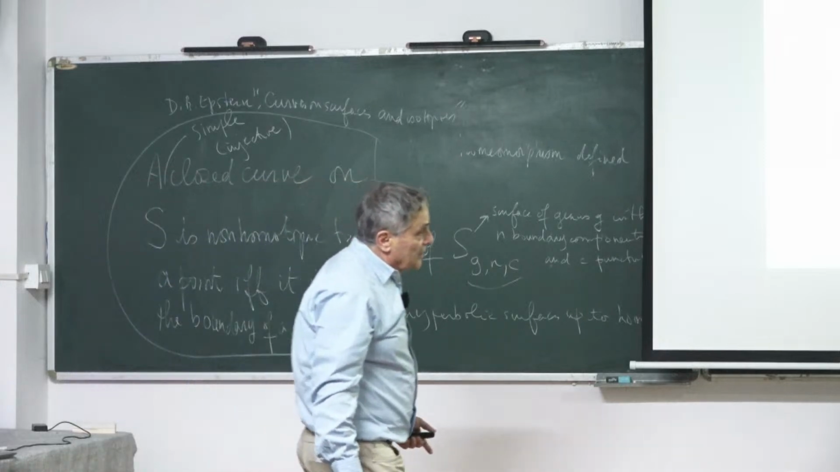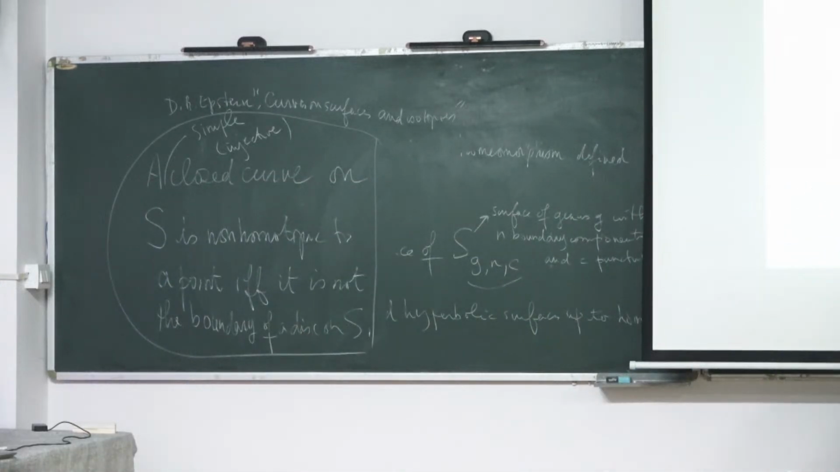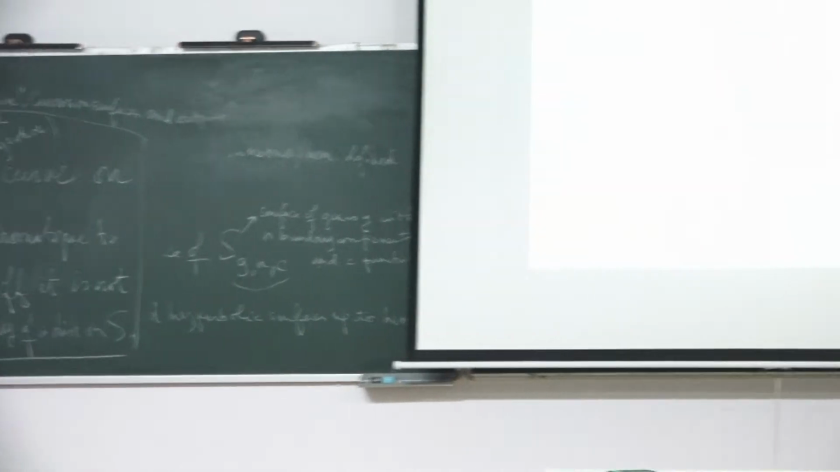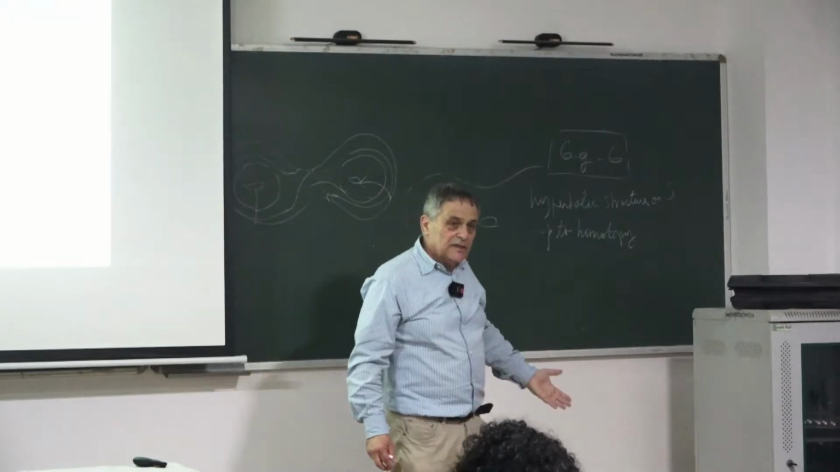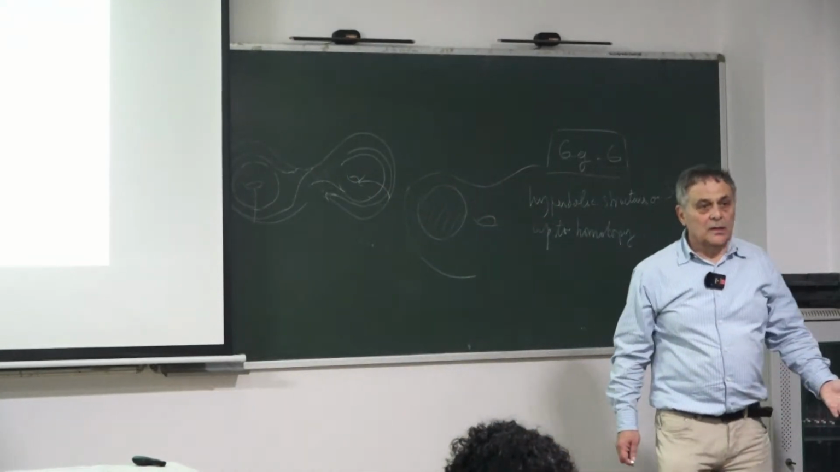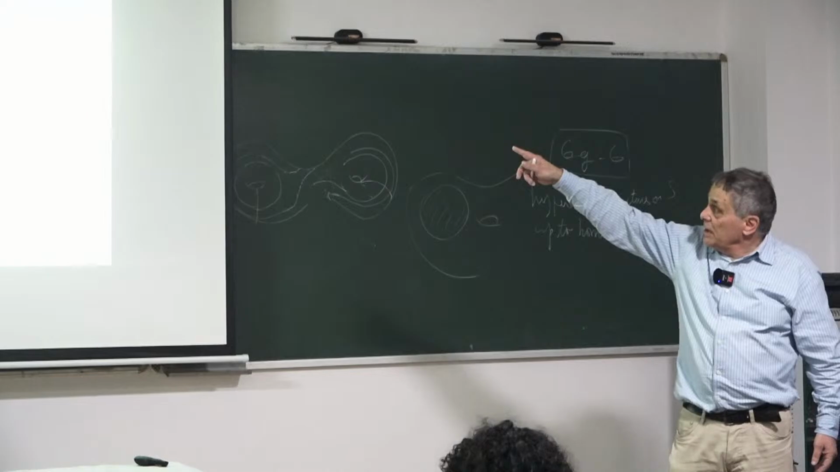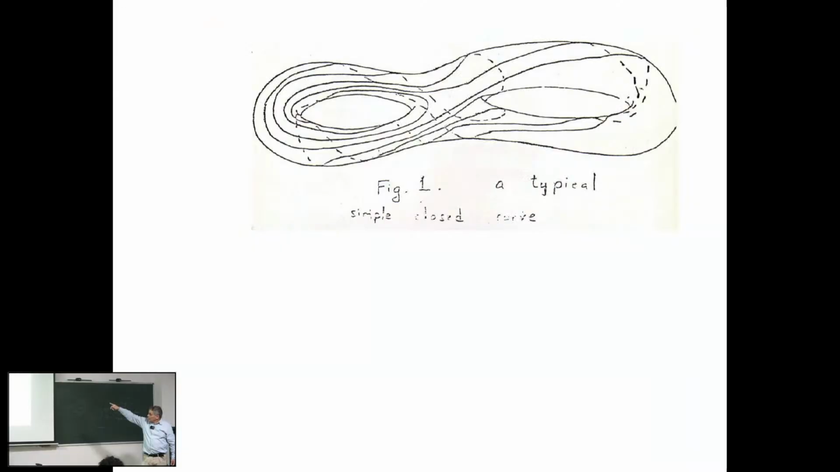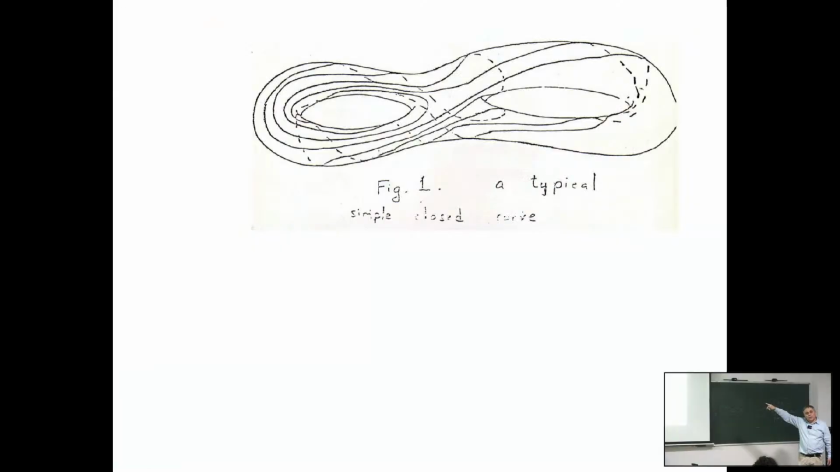So you see, when I told you that I want to disregard these curves because they bound a disk, and then I show you a typical closed curve like this, how do you know that this curve here does not bound a disk? Maybe it bounds a disk. I don't know. I never tried to figure it out. Right? So it's in fact